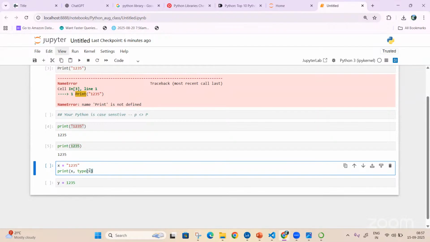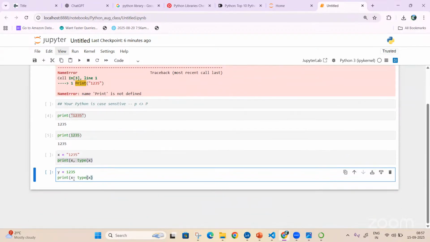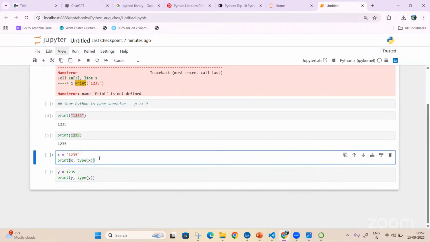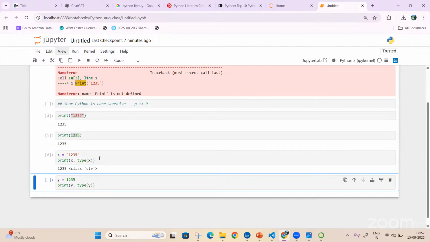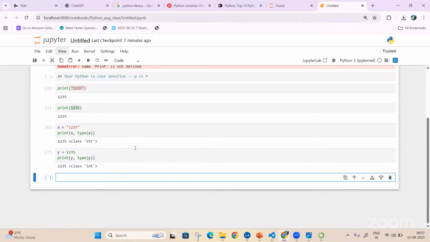The same way, I'll say y and type of y. I'll close my bracket. Okay. I'll enter this. What do you see? One is string and another one is integer.